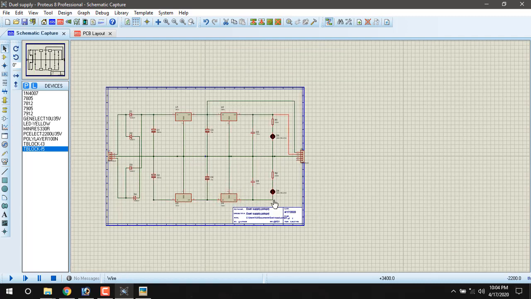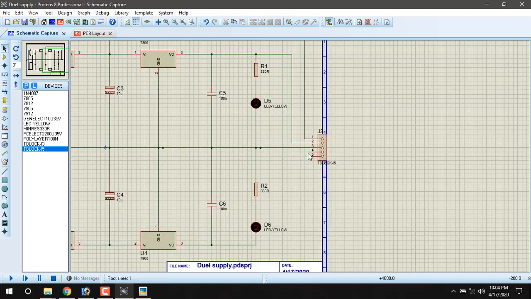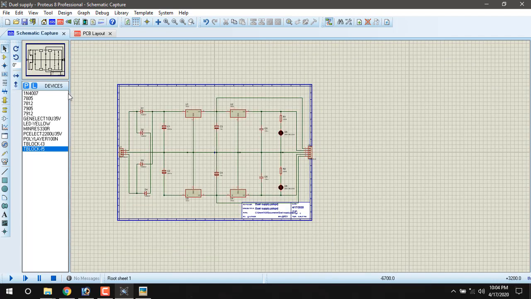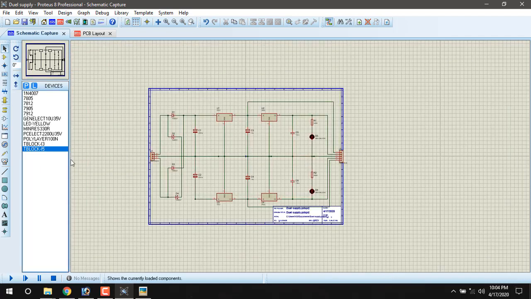Similarly, the output of 7905 is minus 5. The output of 7912 is minus 12. So you can simulate this circuit also.